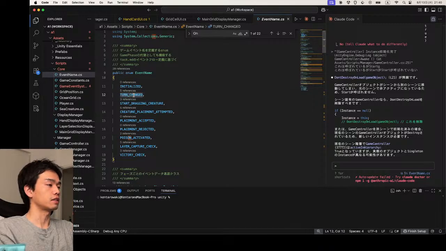The game phase should change to waiting for placement creature, and when the placement is completed, the game phase